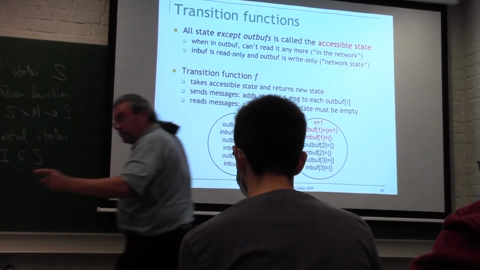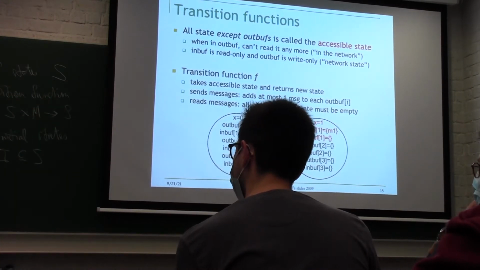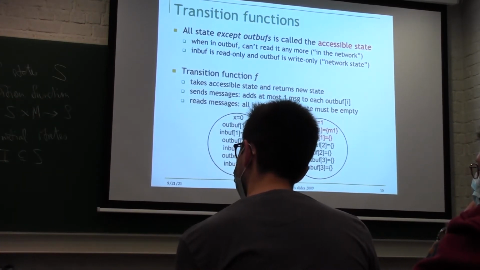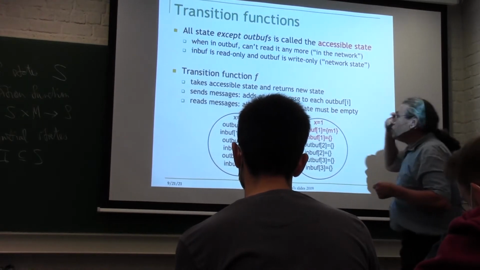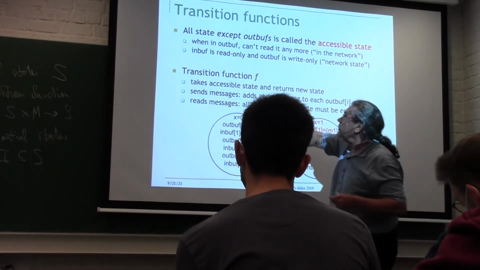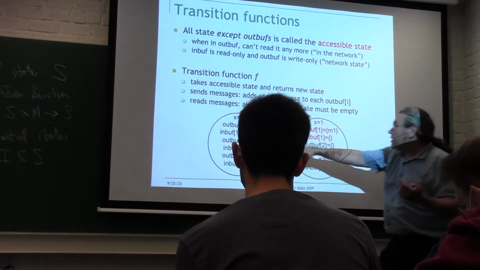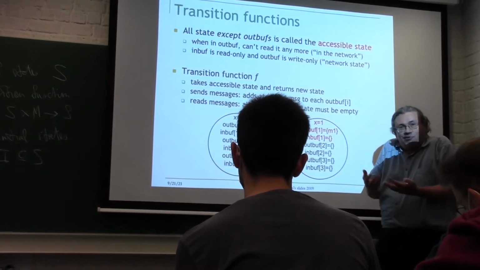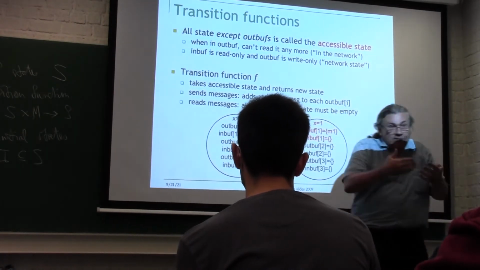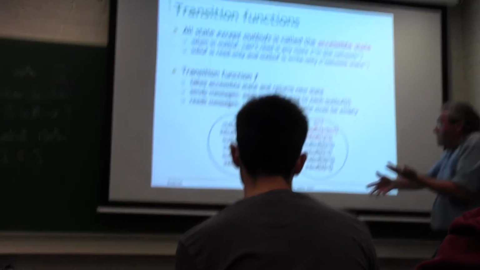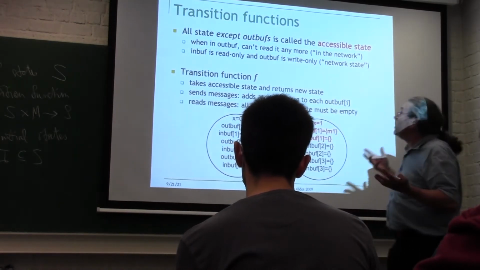It starts by going into the operating system, goes into the network layers, then stuff happens on the wires, it goes maybe through routers, it's doing all kinds of stuff, but it has disappeared from my local machine, okay? So when a message is in the outbuff I cannot read it anymore. Also, the inbuffs are read-only. So that's logical. When a message comes in the inbuff, I can read it, but I cannot change it. It doesn't mean anything to change it, okay? It's the message that comes in. So in the model, that's the message coming in, and that's it. I cannot change it, okay?